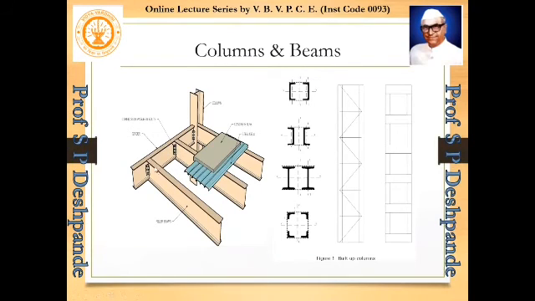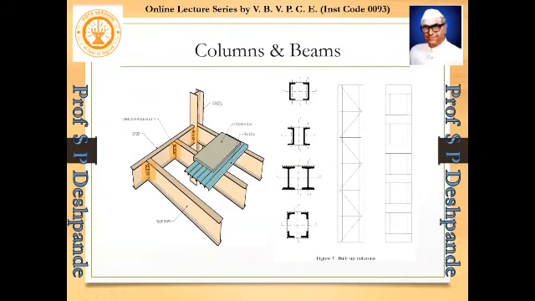Okay, so in this case, as you can see, this is the beam and see at the end the section is I. Look here on the left side, again this is I. So these are all I sections, and you can also see the connections, beam to beam connections. Okay, these are beam to beam connections.